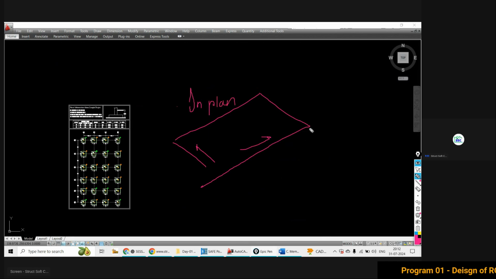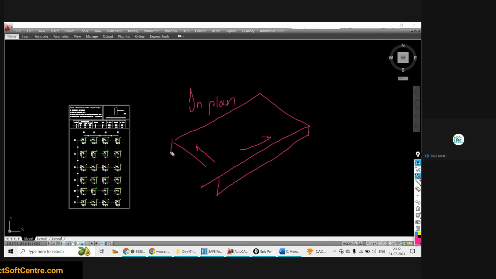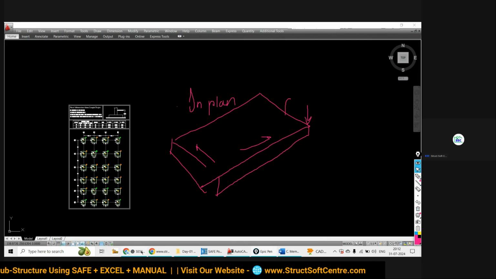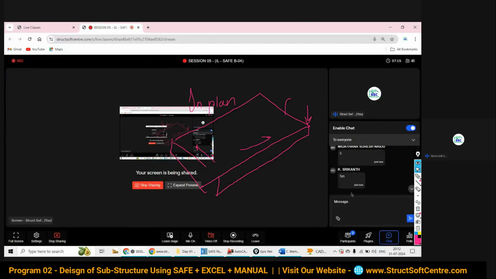And the stiffness of your plate element along its depth is called out of plane stiffness.